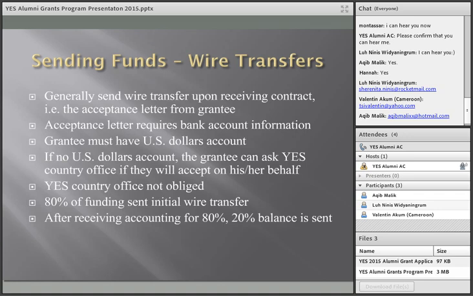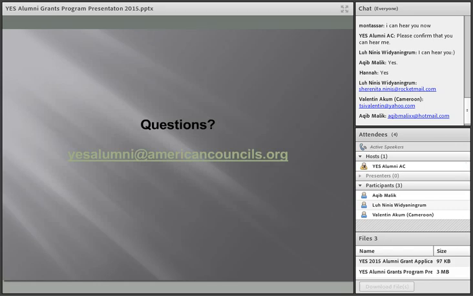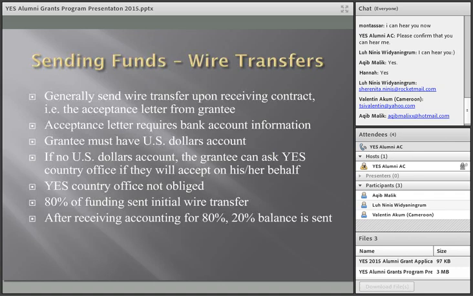When we get that acceptance letter back from you, it needs to have bank account information. You have to have, or should have, a U.S. dollars account. We transfer U.S. dollars to U.S. dollars. If you do not have one, and you cannot open one for whatever reasons, in some instances you have to be a certain age to open a bank account, or to have a U.S. dollars account. It depends on your country and your bank requirements. You must have a certain amount of money to open a U.S. dollars account. If you can't, you can ask your YES country office if they will accept these funds